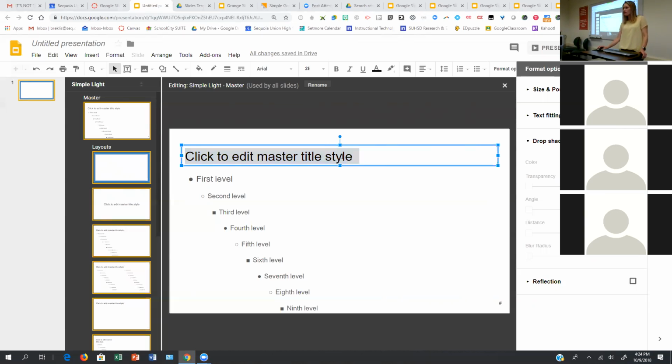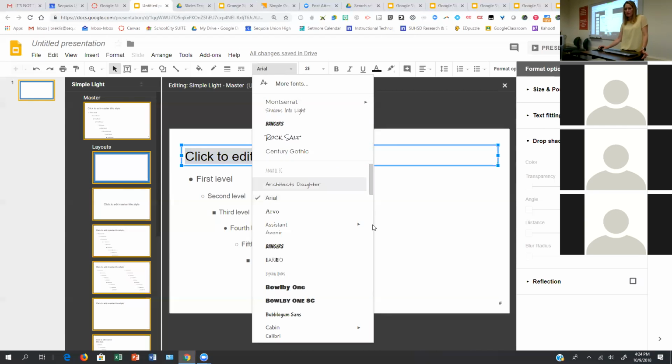Okay, so in here, I'm just going to change the font. I'm not going to change anything else. So you can pick a font here. My rule of thumb is I typically will do something a little bit more straightforward. My favorite right now is Montserrat, at the top, for the bulk of the information where you want somebody to read quite a bit. But then I'll do something a little more fun for the titles. So then it adds that sort of combination. So it's not all one font.